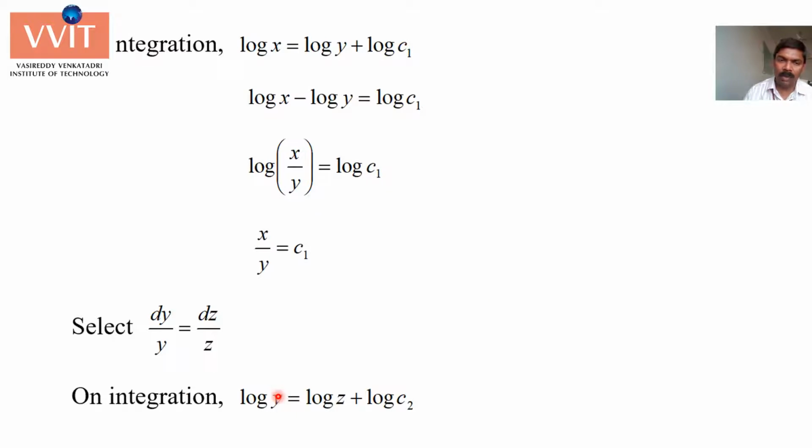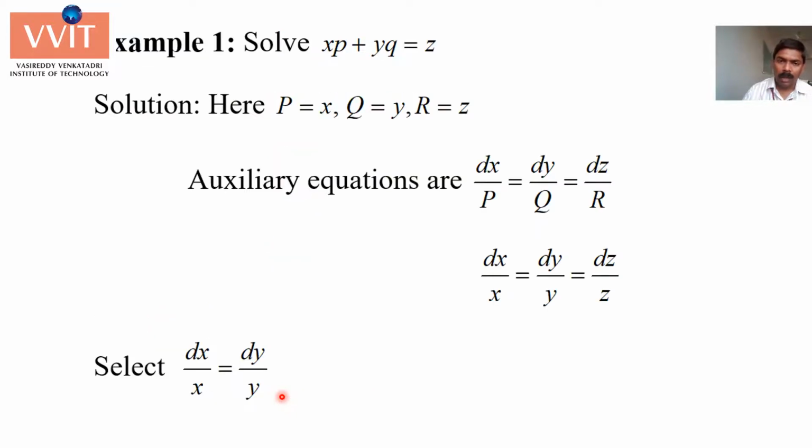After selection is over, here we have to solve this equation. And if you closely look into these equations, clearly the variables are separated. In some problems we have to do cross multiplication and separate out the variables, but here clearly the variables are separated. Now solving means you have to perform integration. So now we do integration.